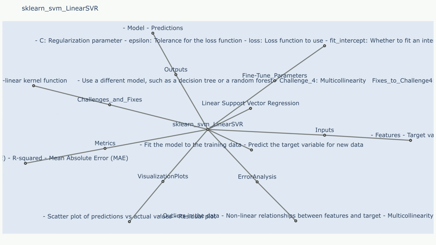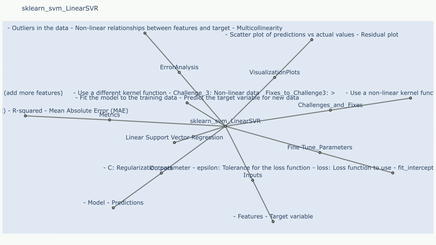Metrics. Metric 1. Explain in detail mean squared error (MSE). This metric measures the average squared difference between the predicted and actual values. Metric 2. Explain in detail root mean squared error (RMSE). This metric is the square root of the MSE and represents the average error in the same units as the target variable. Metric 3. Explain in detail R squared (R2). This metric represents the proportion of variance in the target variable that is explained by the model. A higher R2 indicates a better fit.